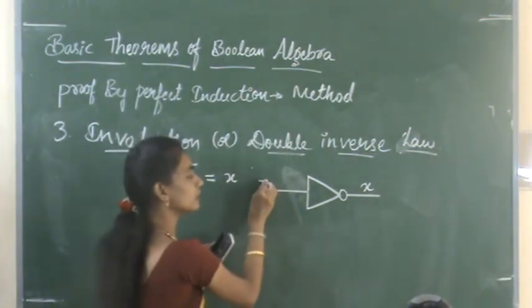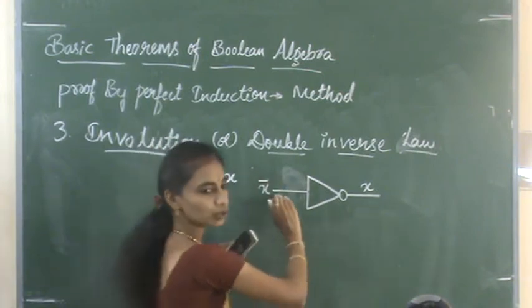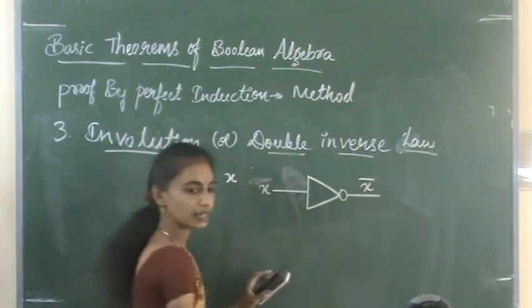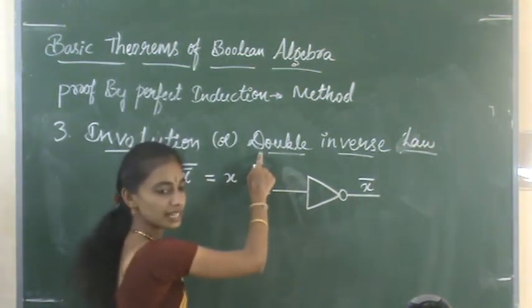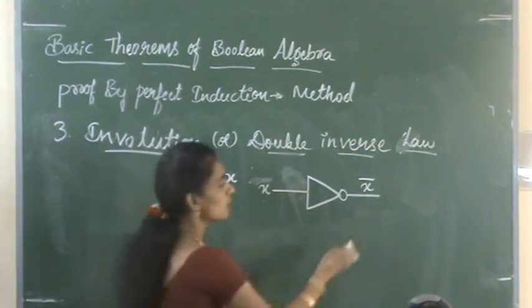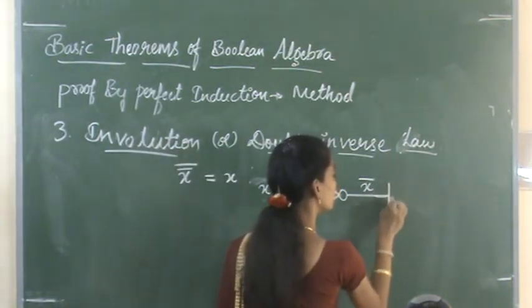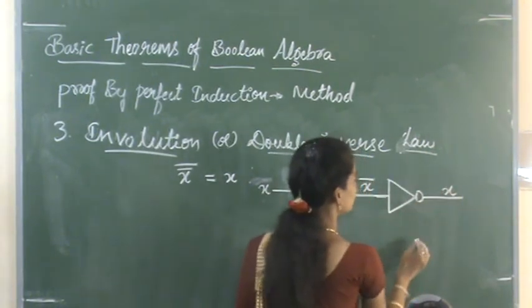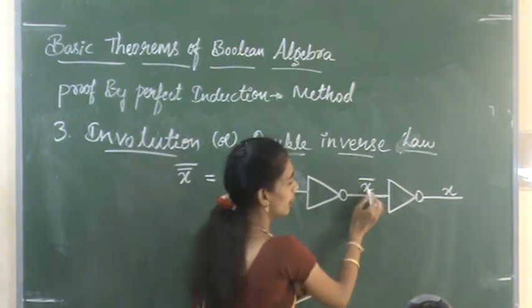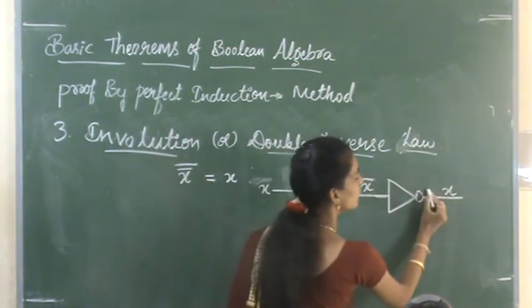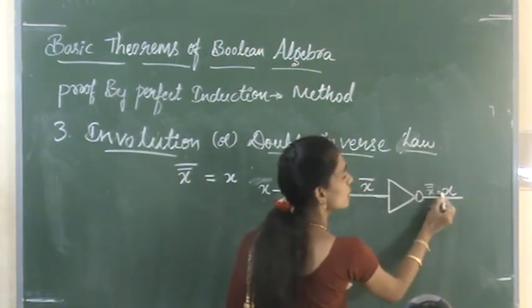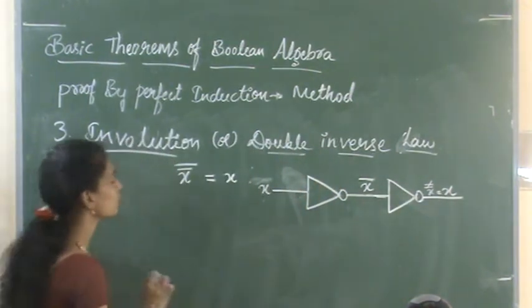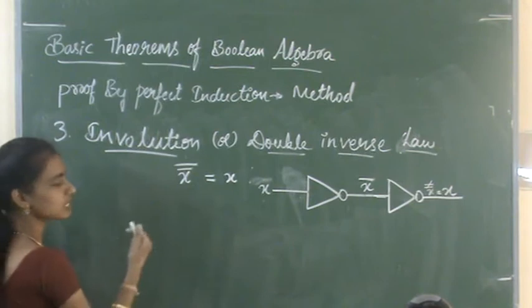If I have to provide this x bar, I have to write one more, right? If I am providing x here, I get x bar. This statement says double inverse, so again I have to inverse this value and I will get the same value. If I provide x bar, after converting it has to be x double bar. These two bars will get cancelled and I will get the value x. Okay, so let me prove this theoretically, algebraically.